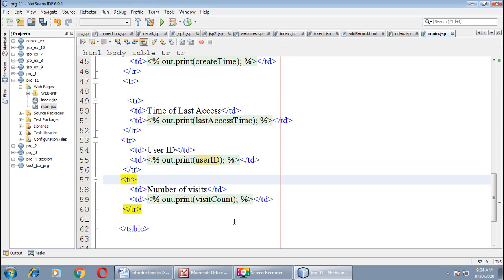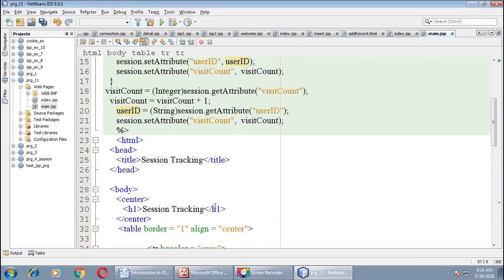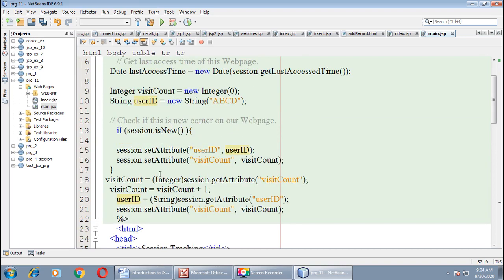The counter is defined with the name visit count. If you remember, we initialize this variable with 0. If our session is newly created, then 0 is assigned to this session.